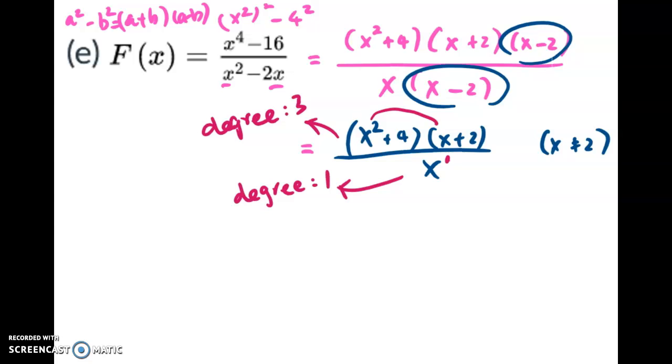That means we don't have horizontal asymptote or oblique asymptote. That means our graph will resemble the quotient of the leading coefficient, which is on top the leading coefficient